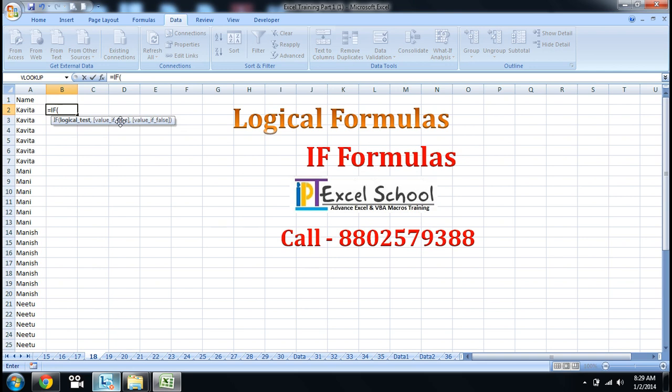We'll type if. In our logical test, we will check that if the upper one is equal to lower one, then it's duplicate, otherwise unique.